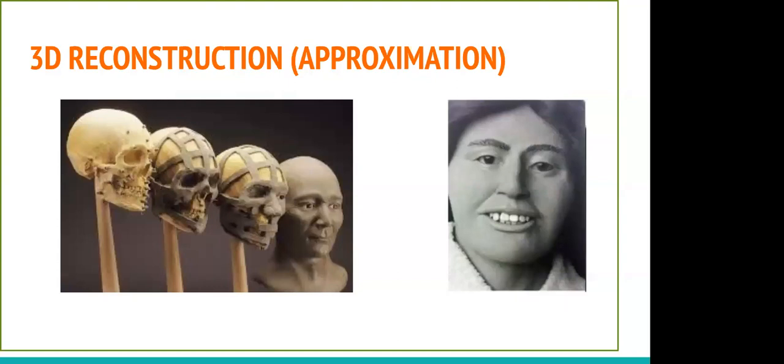So next is 3D reconstruction. 3D reconstruction is something pretty common. You must have seen it in various movies and TV shows. They show, okay, you have recovered a skull, and then you use the clay modeling method to identify what that individual might have looked like. So this is 3D reconstruction. There are two ways of doing it now. The appropriate term for this would be approximation, as I mentioned earlier, because it is not possible to do a 100% reconstruction of the face as it used to look. So that is why it's more advisable to call it facial approximation.